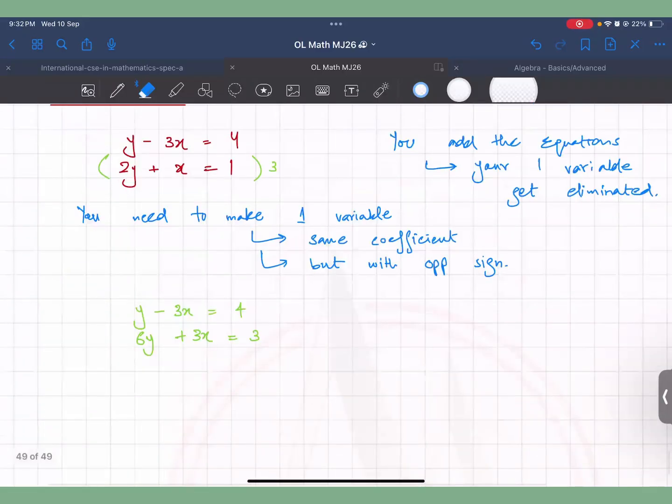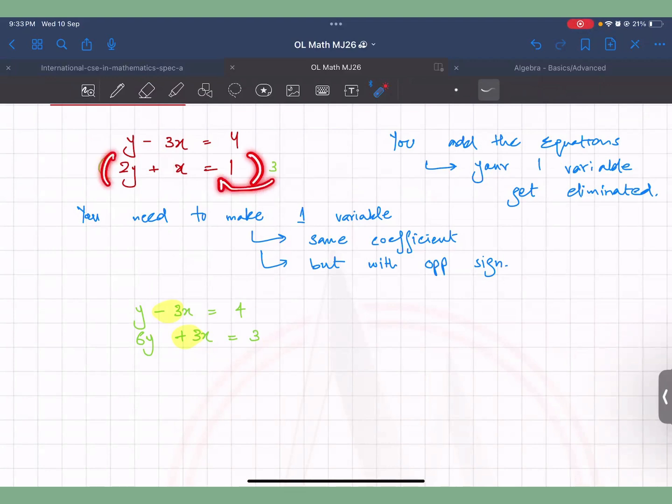Now I can see that the coefficient of x. सर 3 से क्यों मल्टीप्लाई किया? क्योंकि हमें चाहिए क्या? सेम कोएफिशिएंट, सेम नंबर, बट विद ऑपोजिट साइंस. तो ऊपर 3 था ना, नीचे 1 था, तो नीचे वाले 1 को भी 3 से 3 बनाना था ना. सो आई मल्टीप्लाइड एवरीथिंग विद 3. सो 3 times 1 is 3. ये हो जाएगा 3x, ये हो जाएगा 6y.